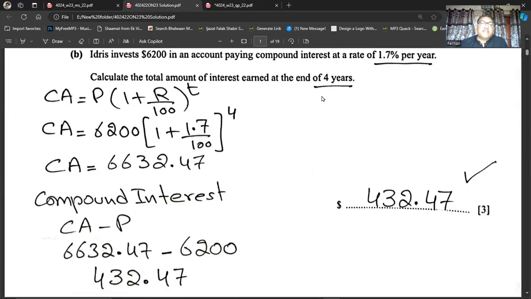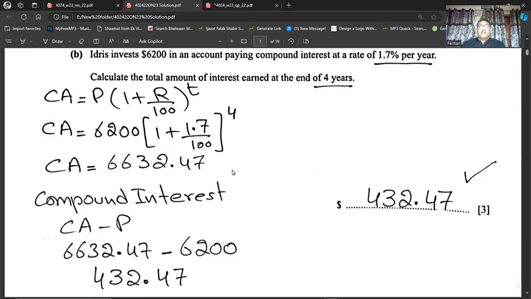That's why the time should be taken in years. It is already in years. So in place of T, I will put 4. Just enter these values in your calculator: 6,200 bracket start 1 plus 1.7 divided by 100 bracket close raised to power 4 equals, you will get